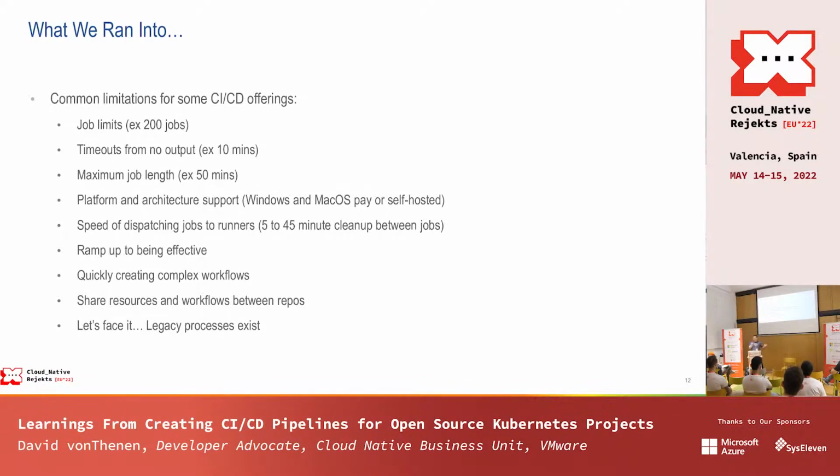Kick off all the end-to-end tests, run them all in series, one right after the other. And you can easily see that if you're going to hit AWS, if you're going to hit Azure, if you're going to hit your local stuff like vSphere, and you do them sequentially one after the other, you can burn through that 50 minutes quite fast, right?